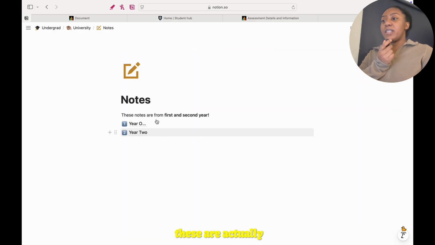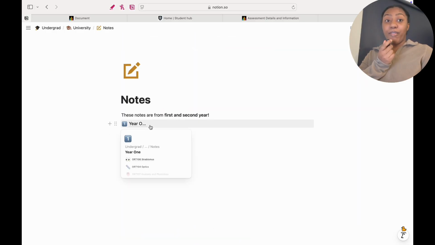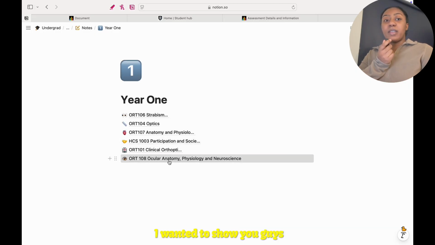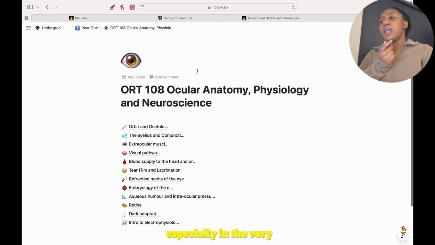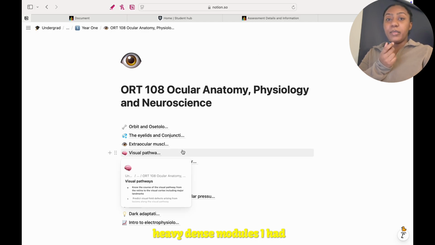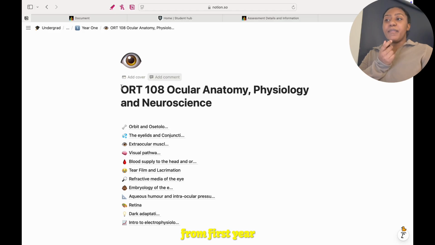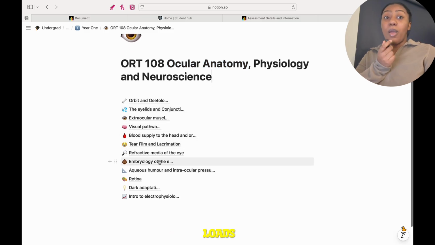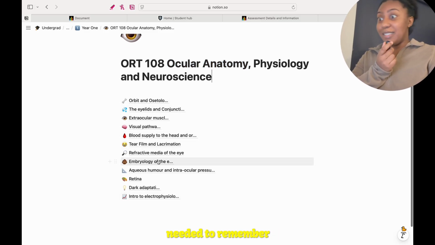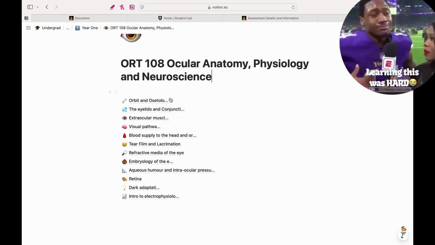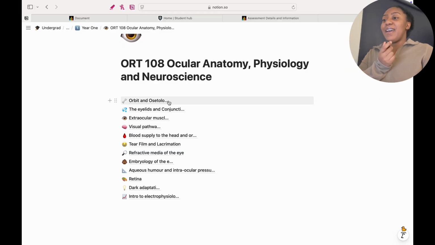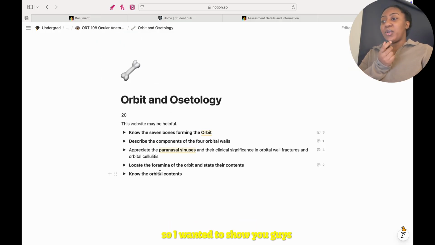So if I click here, these are actually my first and second year notes that I wrote personally, and I wanted to show you guys how I actually wrote my notes, especially in the very heavy dense modules that I had. So I had a module in first year that is just ocular anatomy, so everything that I needed to know about the eye, and you can see there is loads of different things that I needed to remember. And I got a good mark on it,